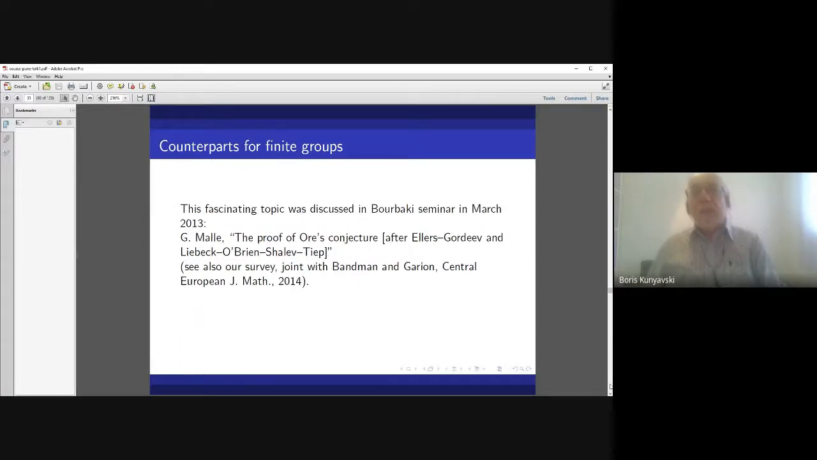And there are many interesting counterparts for finite groups. This is a fascinating topic. Unfortunately, I will not have much time to discuss this, maybe a little, but you are very welcome to look at the talk of Günter Malle in the Bourbaki seminar in March 2013. So, the main contributors to the proof of Ore's conjecture, which says that every element of a finite simple group is a single commutator,